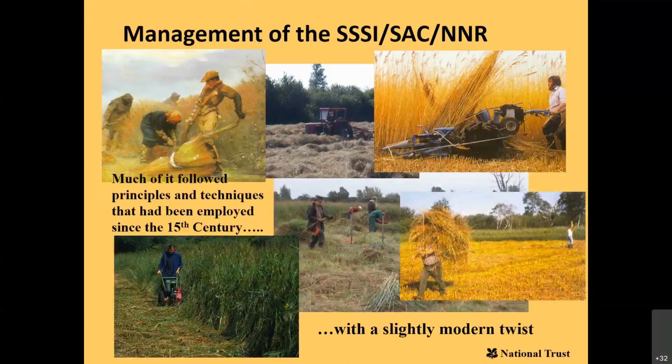Now, the management of the designated parts of the site over the years from the 1930s to the 90s has followed many theories. Some of it based on traditional rotations from historic times. These would probably be recognised by Godwin and Tansley and loosely based on their experiments. Others were somewhat more haphazard and evolved over decades in an attempt to cater for individual species or suites of species. And in effect, it was all in an attempt to hold ecological succession at a stage which suited those species or groups of species. But by the end of the 90s, there were at least 15 different cutting rotations across the NNR and a